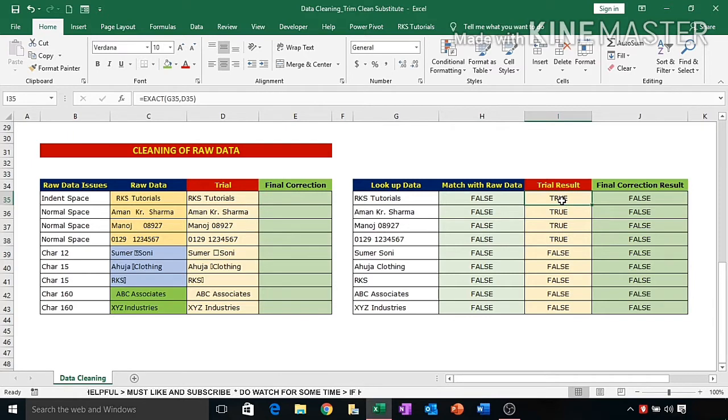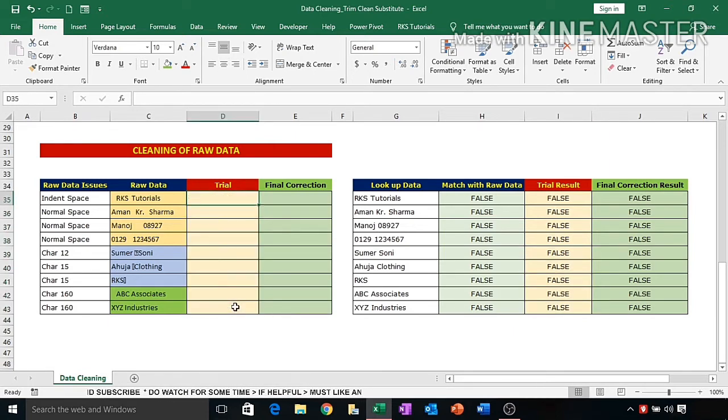So here we can see it has rectified the 4 entries. It means by TRIM you can correct only these 4 entries where space is the problem. Here you can see false. This is not a perfect function that can rectify everything, so we remove it.